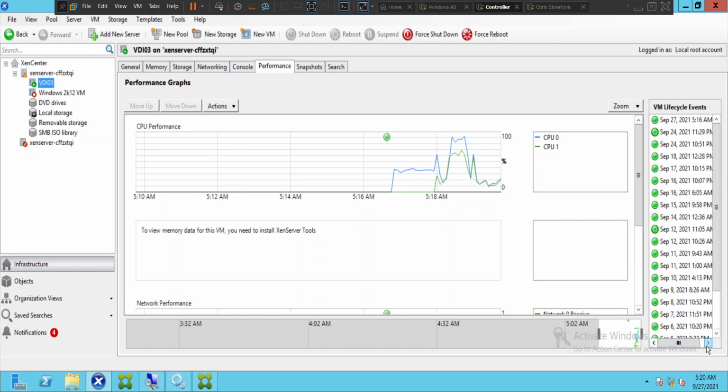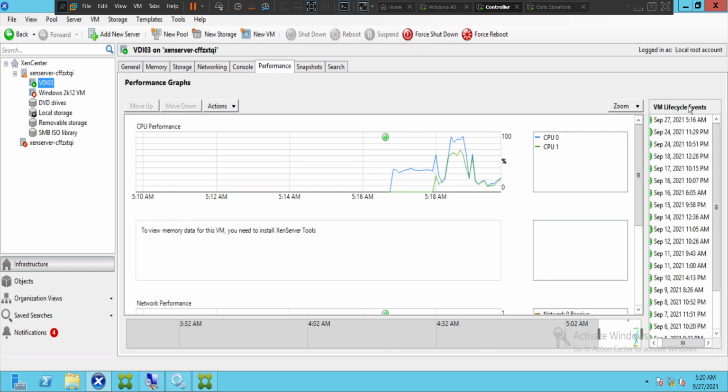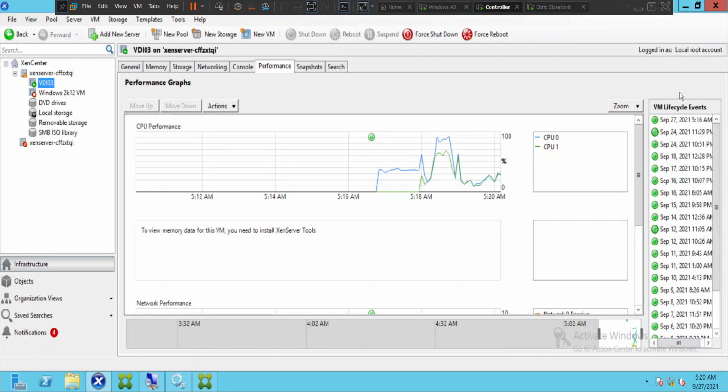So you can check the logs here, the events here, what happened. On September 27th, the machine has been started. On the 24th, the machine has been rebooted. On the 24th again, the machine has been started. So you can check all the events here about this particular virtual machine. It says VM life cycle events in Zen server.